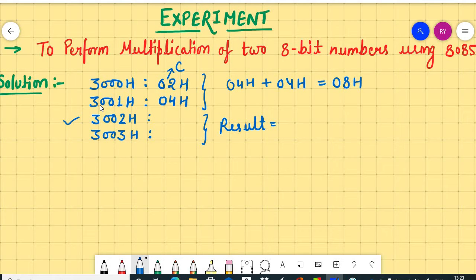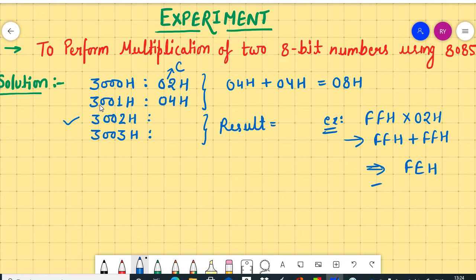We will take another example. If we multiply FFH with 02H, then after successive addition, FFH plus FFH added 2 times, the result will be FEH and 1 carry.